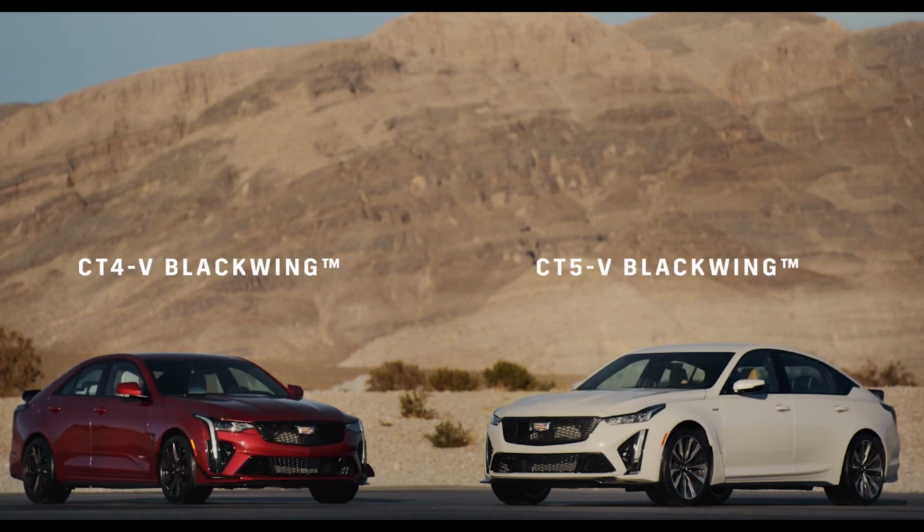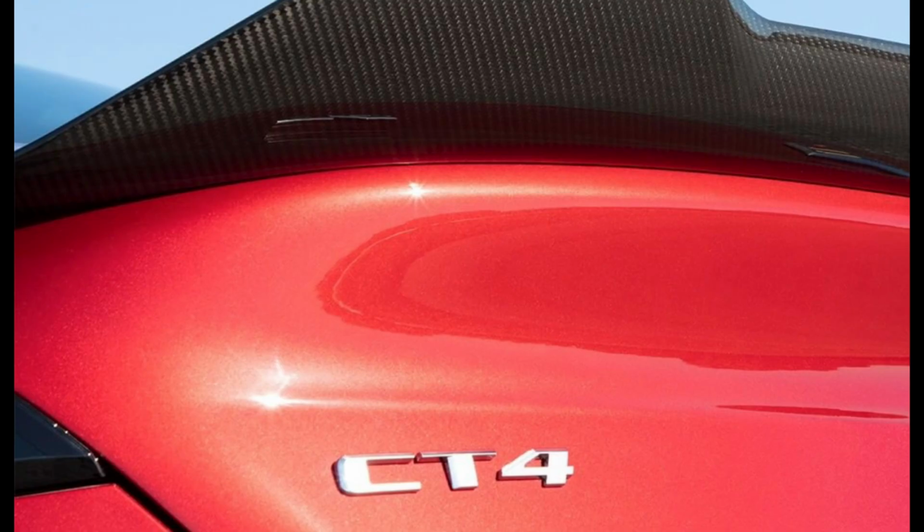Today I'm showing you guys a first look at the 2022 Cadillac CT4-V BlackWing and the CT5-V BlackWing. Cadillac has just unveiled these high performance CT4-V and CT5-V sedans. These sedans are the most track capable Cadillacs ever, and the CT5-V BlackWing is the most powerful production Cadillac, which